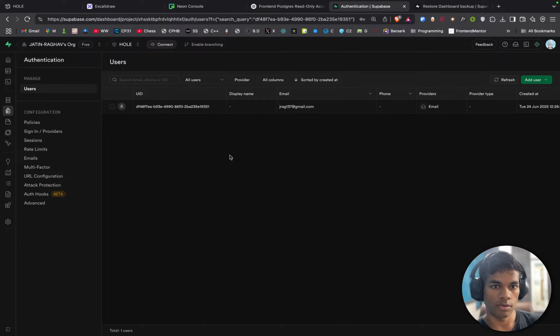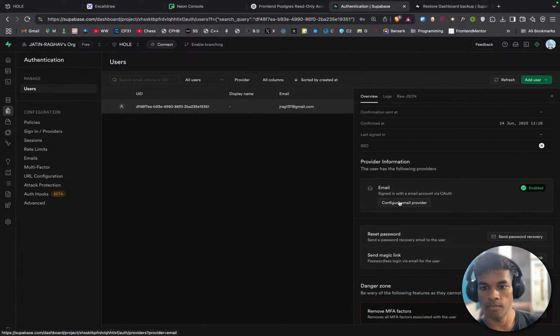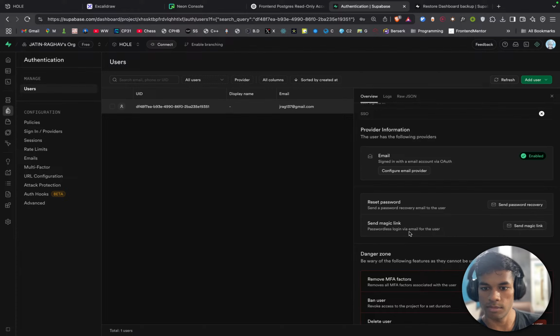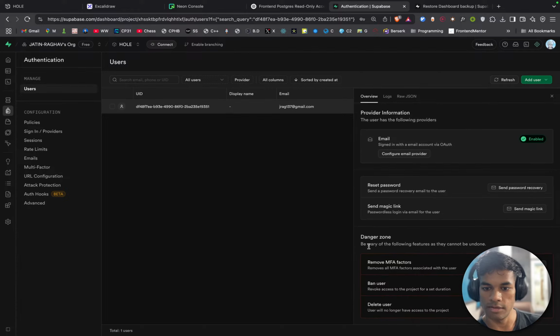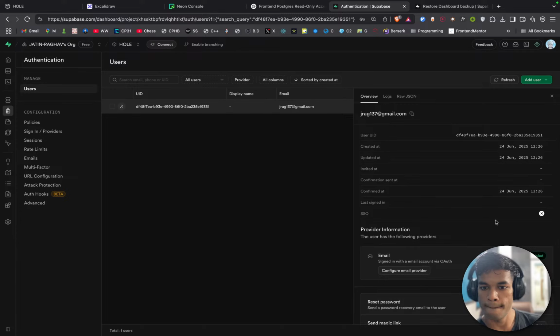How can I create a user? How do I change the settings for this user? Reset password, send a magic link, passwordless login via email for user. Danger zone, be wary of the following features. MFA, ban user, delete user. SSO, audit information, logs.